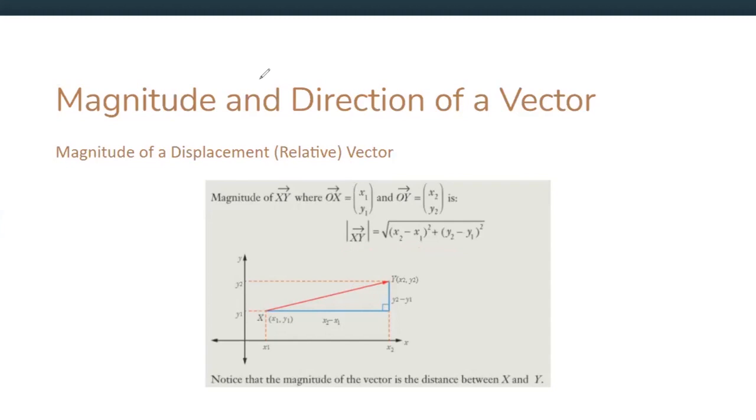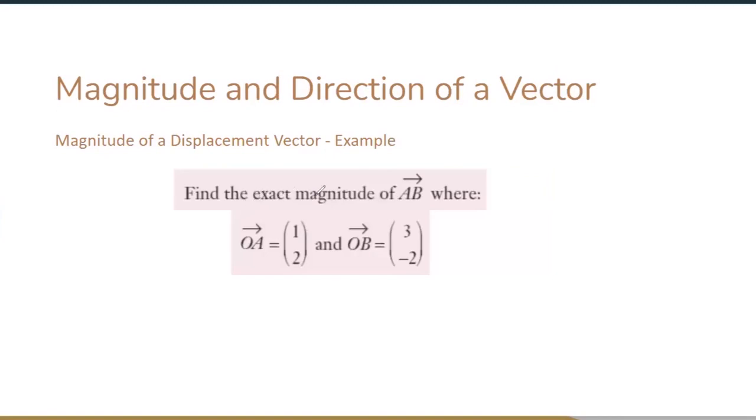So now looking at an example, it might clear a few things up. So if we're looking at this now, we want to find the exact magnitude of AB, where OA is equal to (1, 2), so x is 1, y is 2, and OB is equal to (3, -2), so x is equal to 3, y is equal to minus 2. So if we just draw that up really quick,